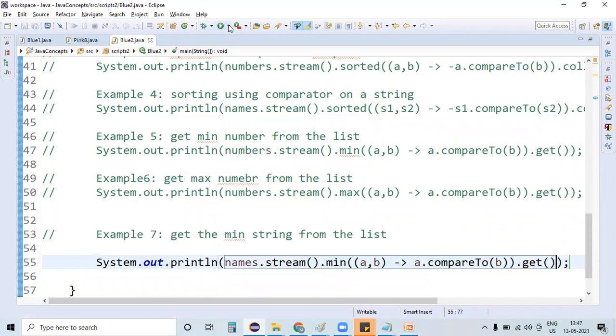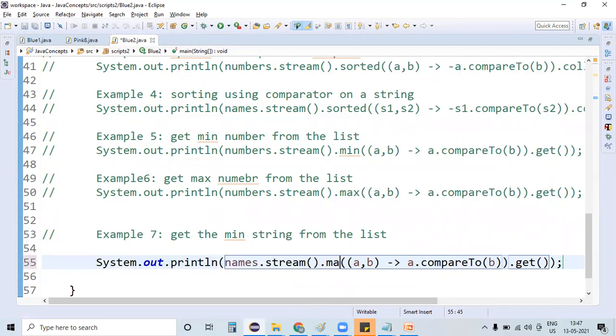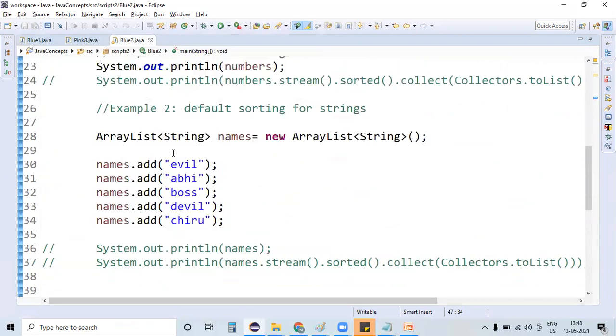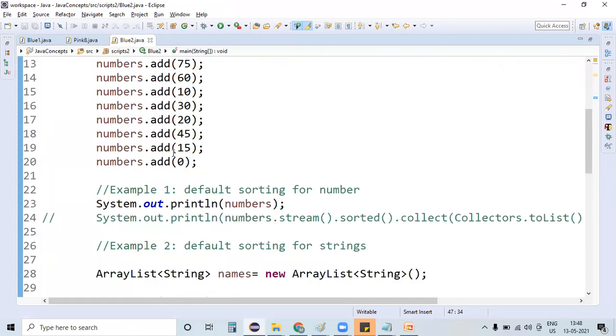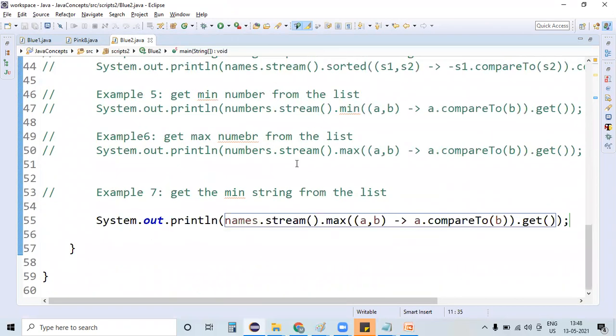When I run my test script, in alphabetical order, A is the one it gets. If I change it to max and run my script, the E value is there in that list, which got printed to the console. That's it. These are the various examples that we can use on a list with the help of streams. Cool. In the next session, we will continue with further examples, guys. Thank you. Bye-bye.